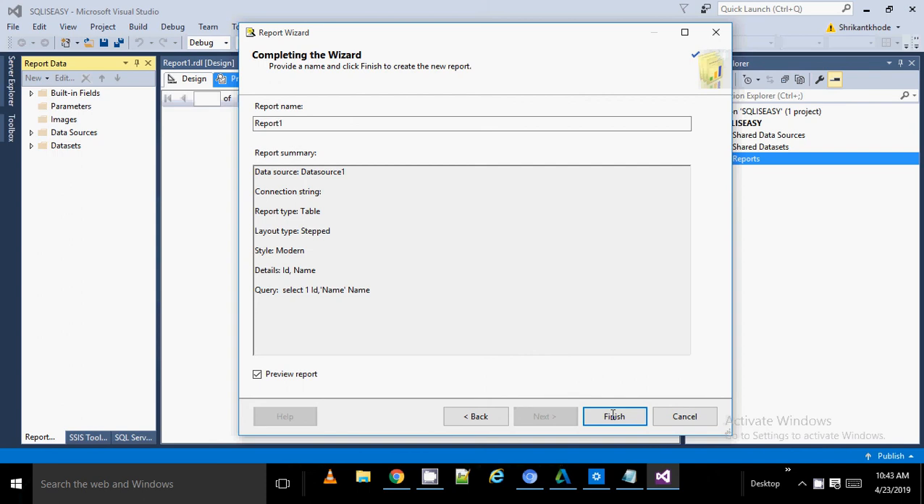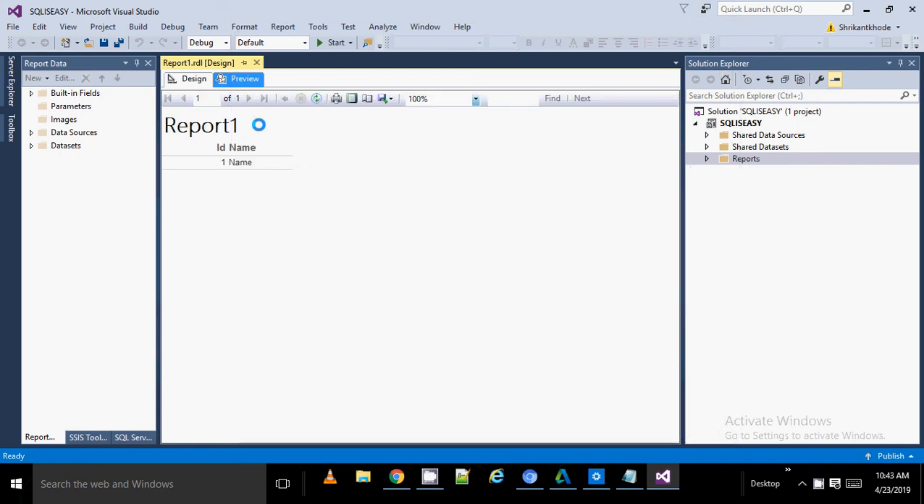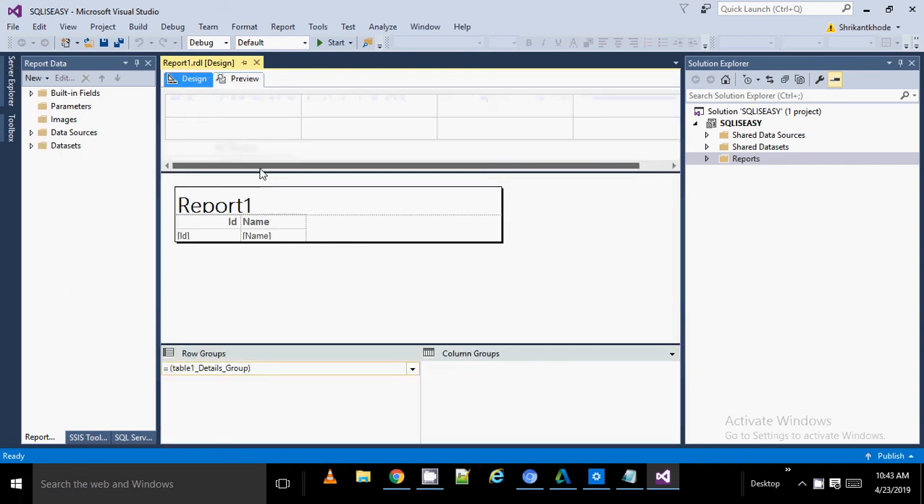So I can click on Finish. When I click on Finish, I'll see the preview section because I checked the preview option. I can see the report name, then ID and name, right? Now let's go to the report. Here you can see different things. We haven't designed anything, but we have created it with the wizard. So I am customizing it